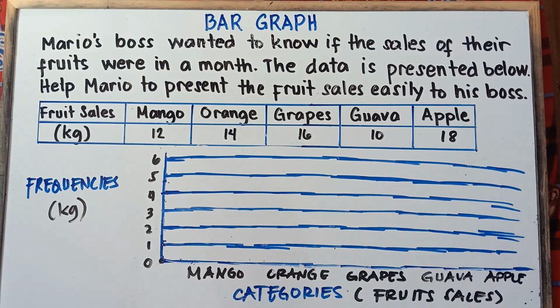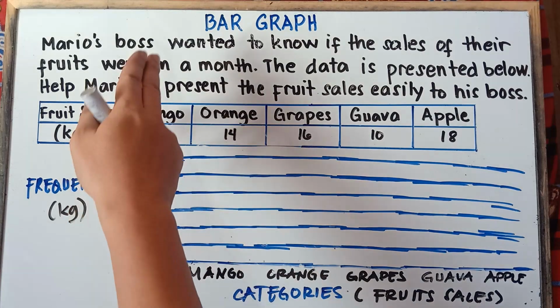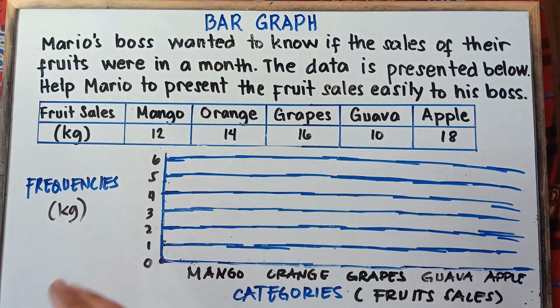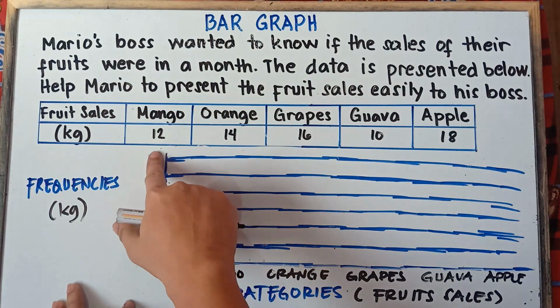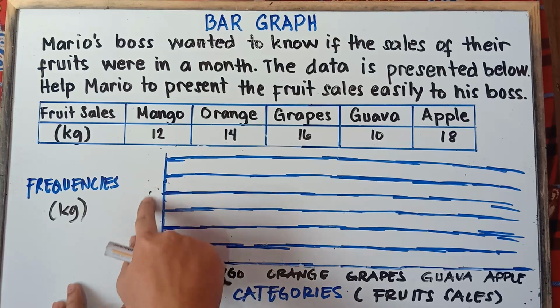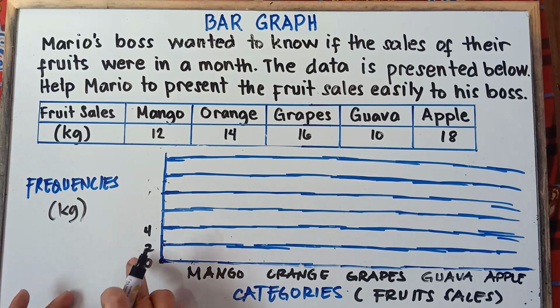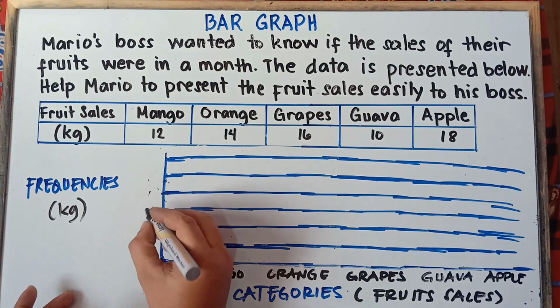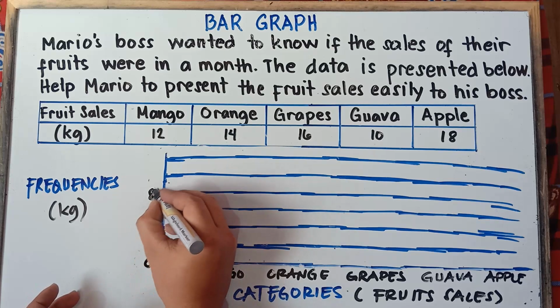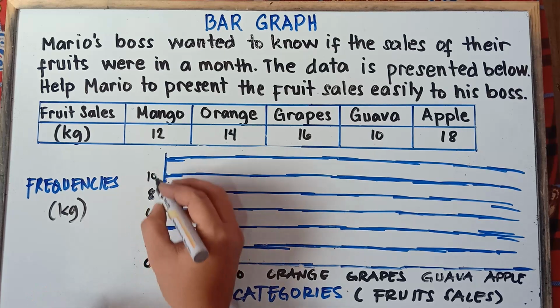But once again, class, the disadvantage for that is your vertical bars will be too high. So the thing that you can do, class, is skip counting. For example, you can have 0, then 2, 4. Simply add 2. 0 plus 2 is 2, 2 plus 2 is 4, 4 plus 2 is 6, 6 plus 2 is 8, 8 plus 2 is 10, 10 plus 2 is 12.